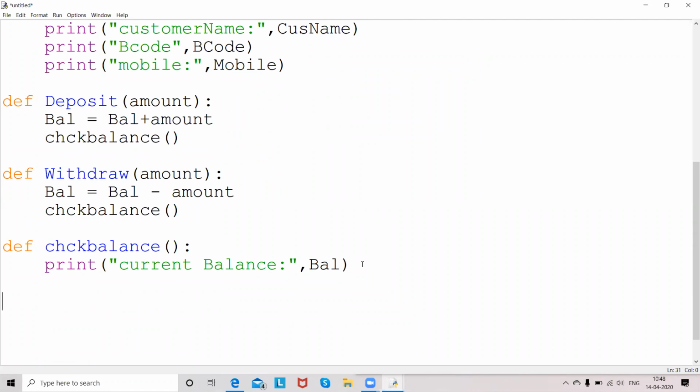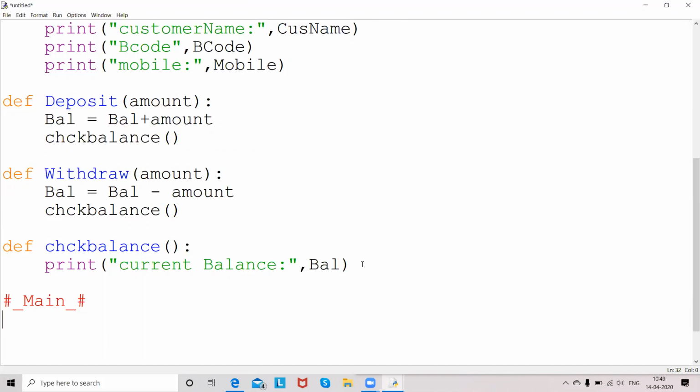Then to implement all these functions, because these functions alone cannot execute, we need to use a main logic or the main function. From this main body, we must execute these functions based on the operation you want to carry out. So you should give a menu or layout so that the user can perform the basic banking application operations. Initially I wanted to create a menu,